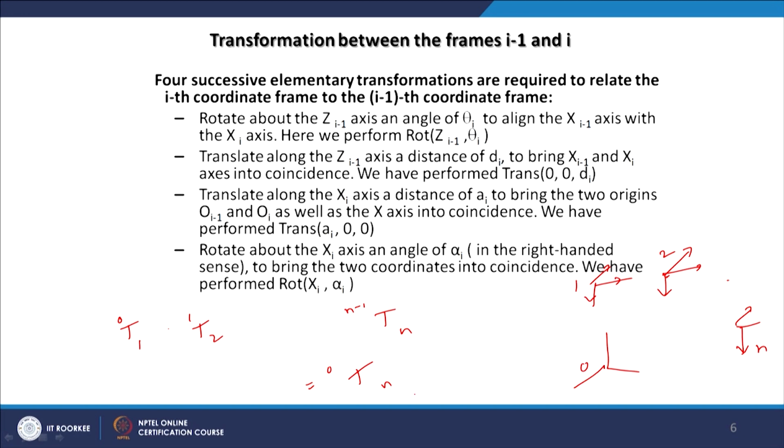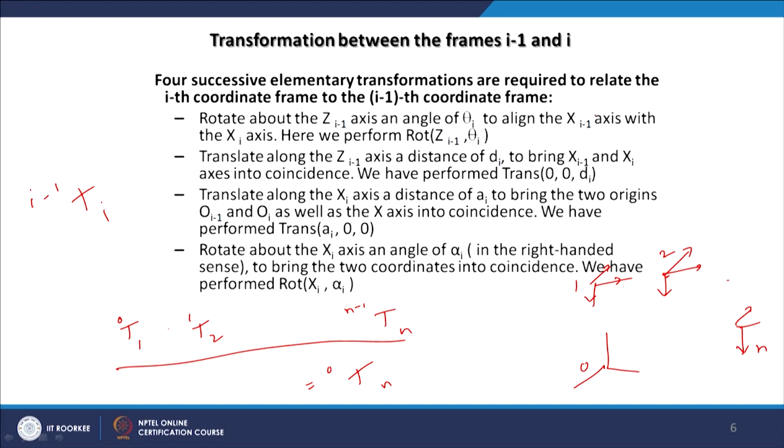As we have seen previously, we can multiply successively. If you are doing a homogeneous transformation successively with respect to the current coordinate frame, we should multiply on the right hand side. By that logic, we can multiply all these matrices one by one, and finally we get the relation between the end effector and the base as 0Tn. But how do we find this 0T1, 1T2, or in general, how do we find i minus 1 Ti for the ith frame with respect to the i minus 1th frame?